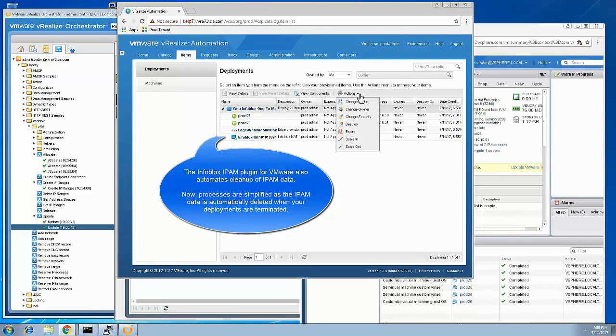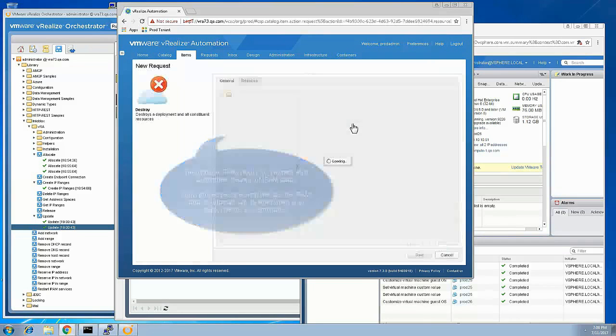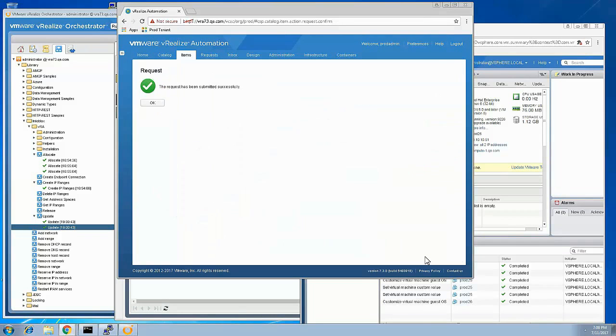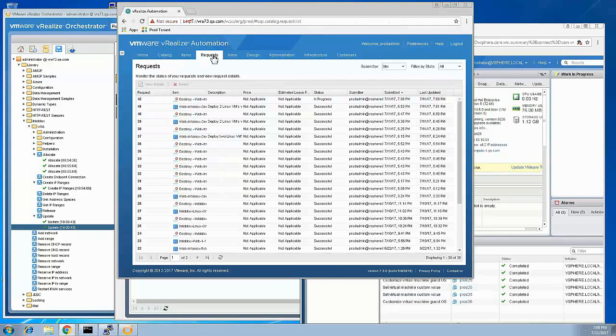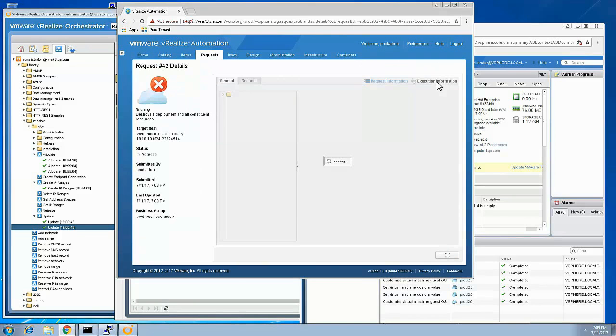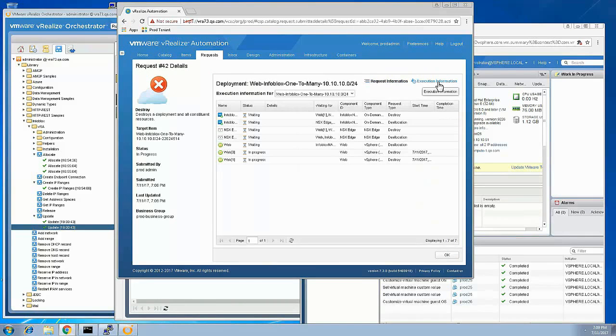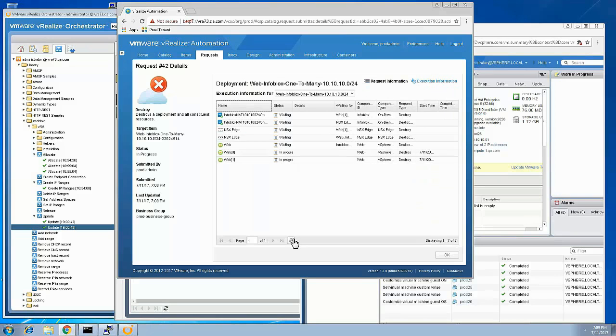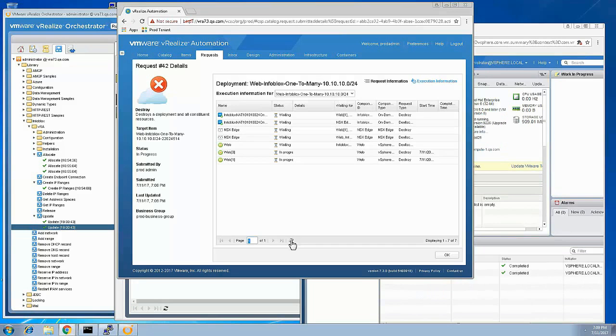And as I mentioned before, one of the key things about this is the automation from a cleanup perspective. So if I want to go back and destroy this, we're going to do this all part of vRA. You're going to see a very similar workflow coming back from a destroy point of view. But again, we're going to track all this information. We're going to destroy it. We're going to see the workflow starting in the process. It's going to communicate back with Infoblox as well to destroy the IP address, to release the IP address,